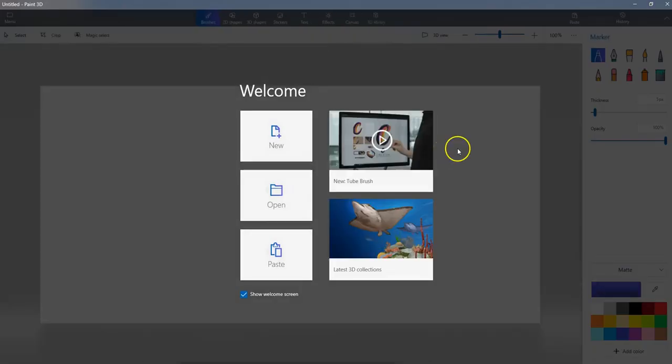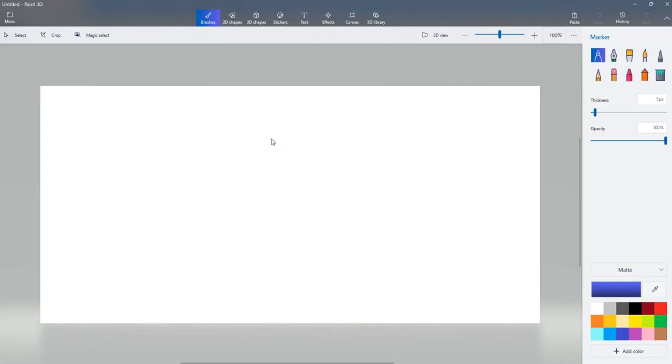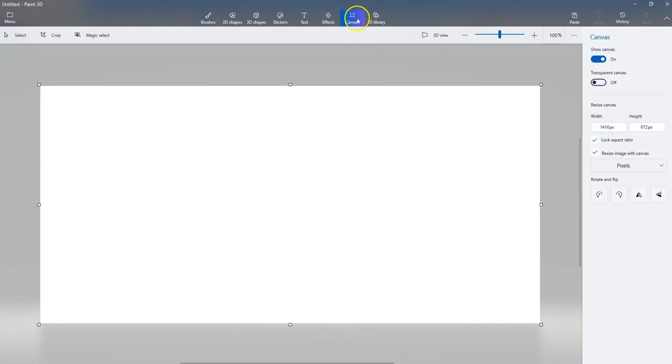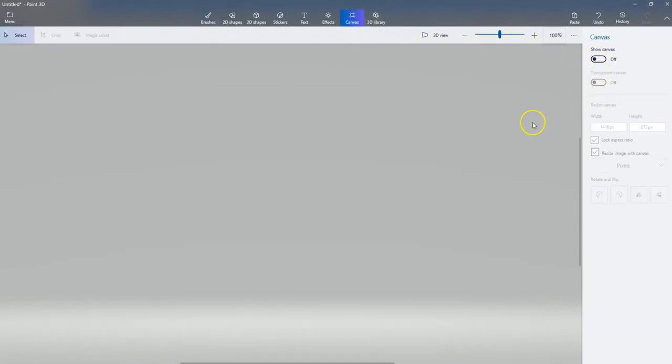Hey there friends, here we are in Paint 3D and we're ready for our next assignment. We are going to be creating a puppy playground for our new subdivision. So you want to open up Paint 3D and you're going to notice you start with a canvas. So we're going to go right up here to canvas and we're going to turn that off because this is